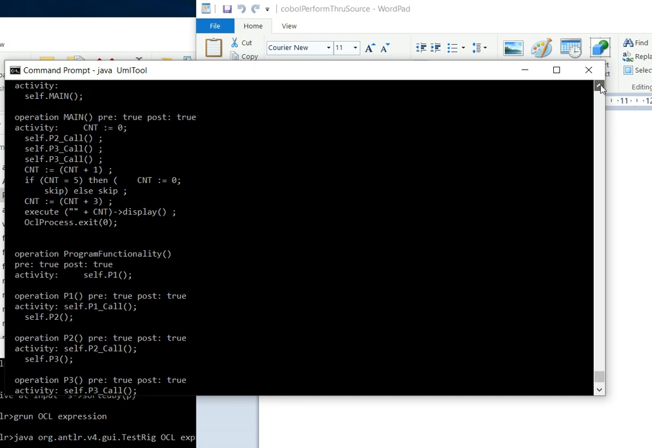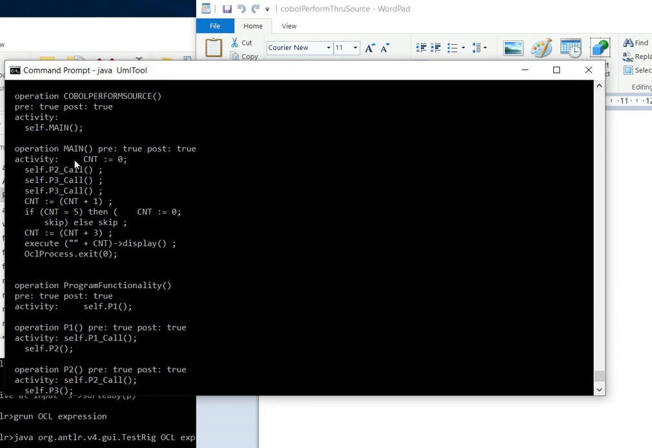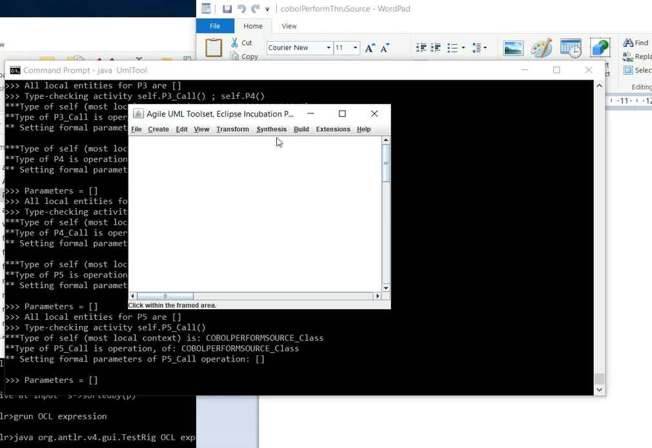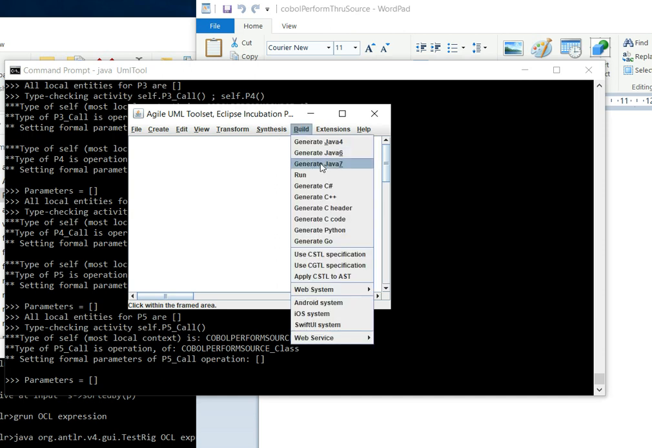The functionality is made a bit explicit here by looking at the main function, which now spreads out what the overall functionality is. That then can be translated. We can do things like type check it, analyze its quality, and so on and so on. But in particular, we can generate